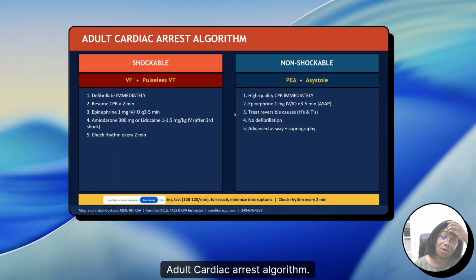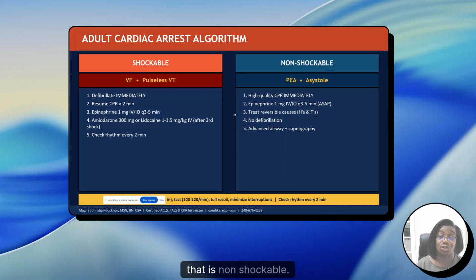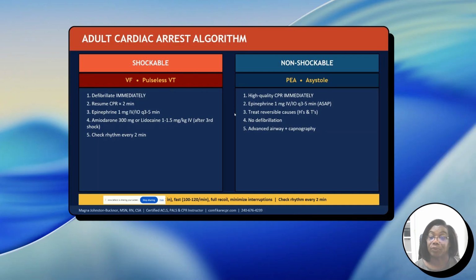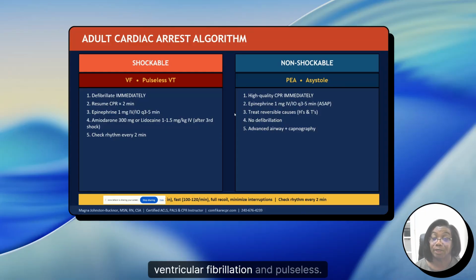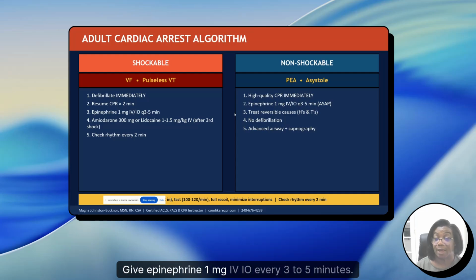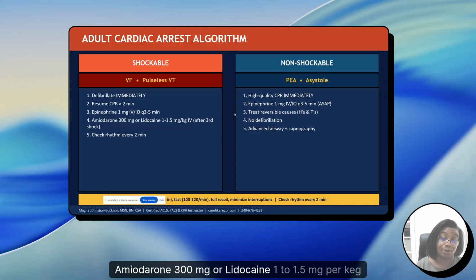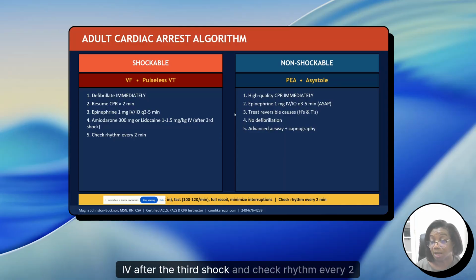Adult cardiac arrest algorithm, shockable. This algorithm has 2 sides: one side where you can shock and the other side that is non-shockable. The shockable side is ventricular fibrillation and pulseless VTAC. Defibrillate immediately. Resume CPR for 2 minutes. Get epinephrine 1 mg IV/IO every 3 to 5 minutes. Amiodarone 300 mg or lidocaine 1 to 1.5 mg per kg IV after the 3rd shock,